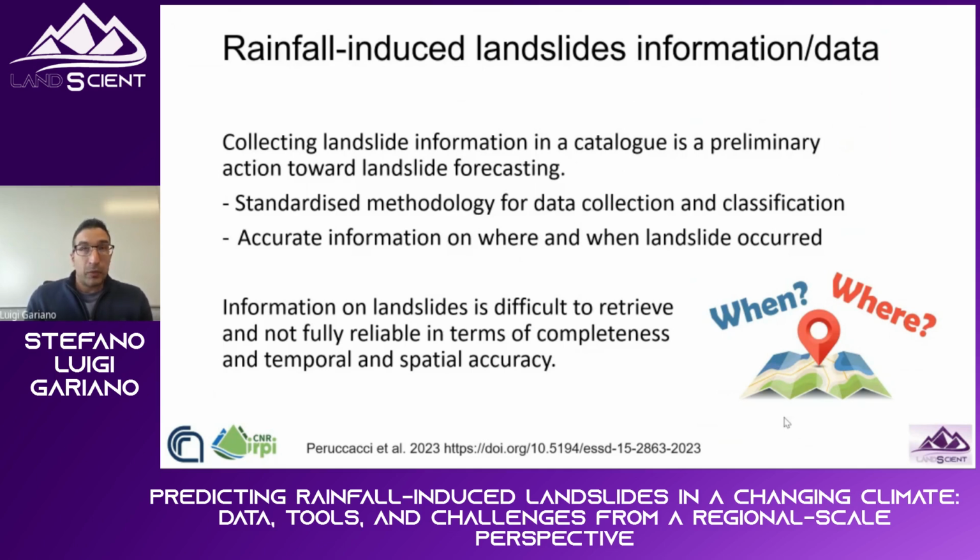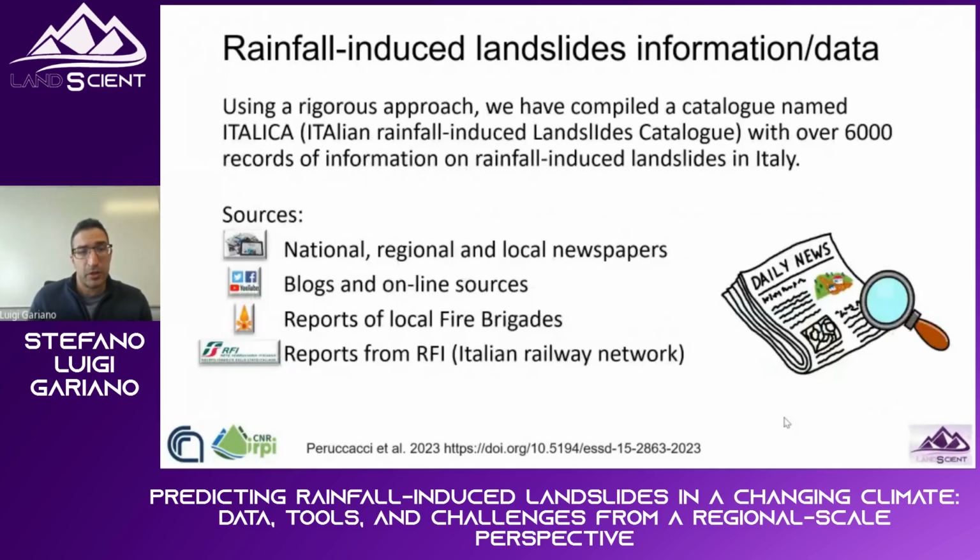But we have to be aware that information on landslides is often difficult to retrieve and not fully reliable in terms of completeness and temporal and spatial accuracy. We addressed this topic here in my institute, and defining and then using a rigorous approach, we have compiled a catalog named ITALICA, the Italian Rainfall-Induced Landslide Catalog, which lists more than 6,000 records of information of rainfall-induced landslides occurred